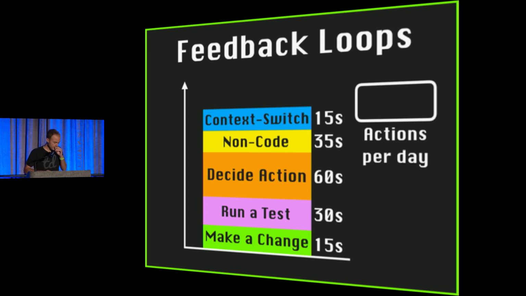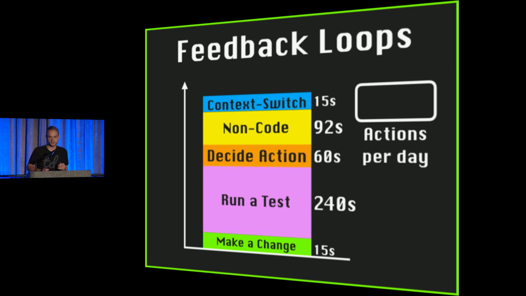Now, a lot of teams have a lot of really slow integration tests. Pretend you drew the short straw, and it's your job on this iteration to update all of the integration tests that the team just broke, and running an individual integration test takes a full 4 minutes. So now we're looking at a 422-second feedback loop, which yields only 68 actions that we can take in a day.